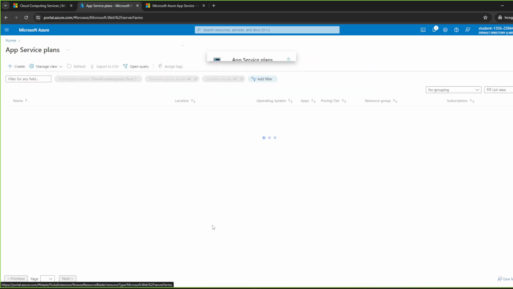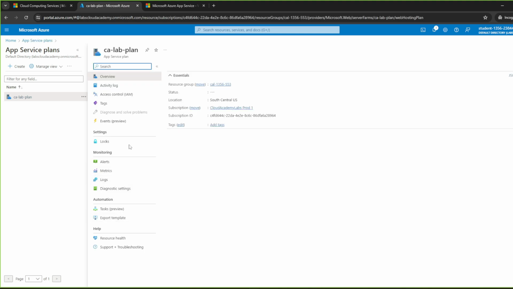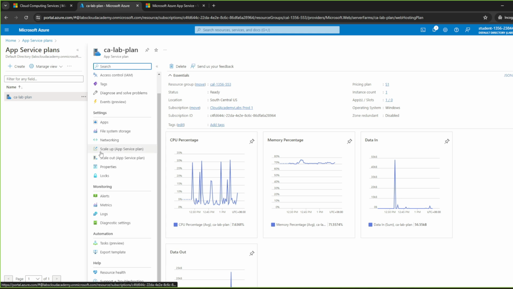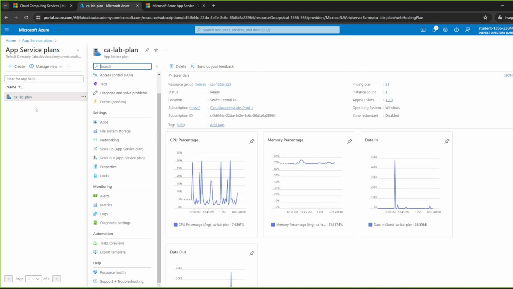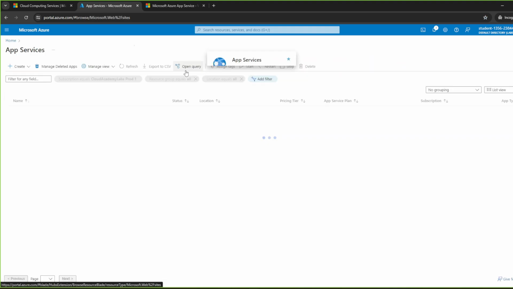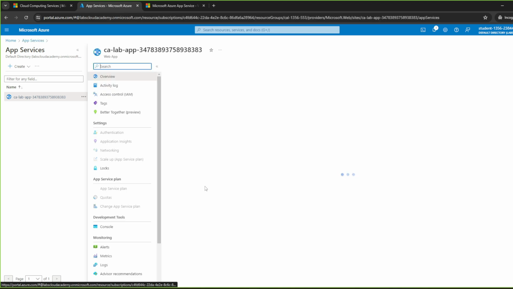Let's go with app service plans. Tax club logs, resources we don't have. Yeah, you can see some sort of percentage, data in, just data out. This is now currently available. That's good for us. And if we go to app services, we have to go to this one,